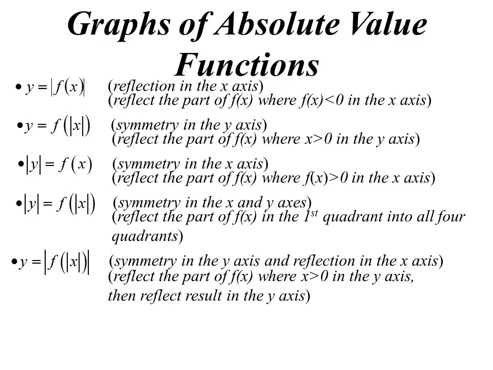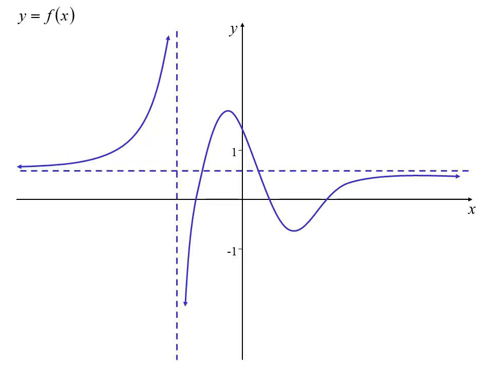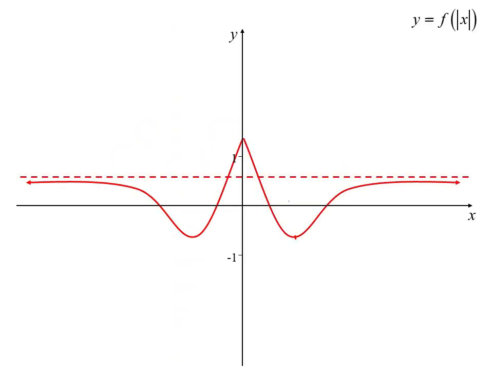Okay, let's go crazy. Y equals the absolute value of function absolute value x. Well, now we're pretty much doing compound functions, because we know how to find function absolute value x, and we know how to find absolute value of function x. We just can do it in two stages. So we'll end up with symmetry in the y-axis and reflection in the x-axis. As I say, we know how to find that one, function absolute value x. Now all we're really saying is find the absolute value of that, and our rule for that was whatever is